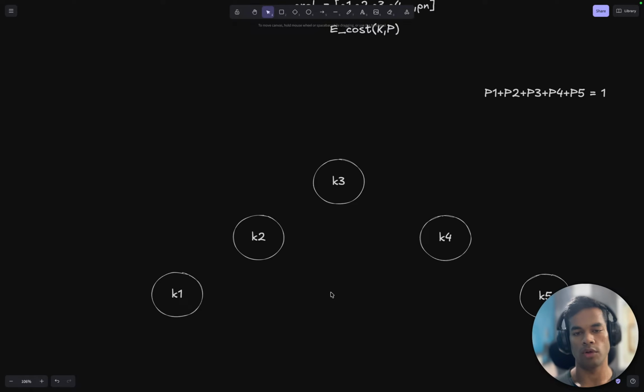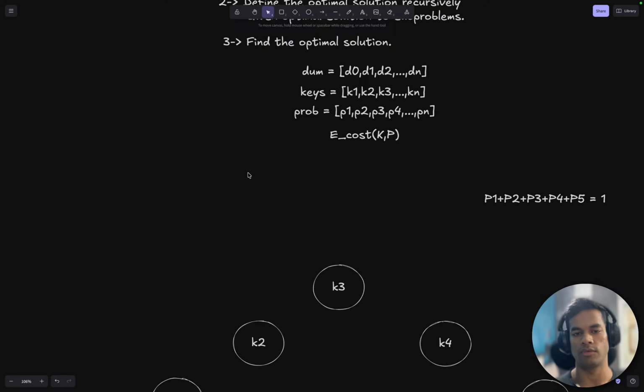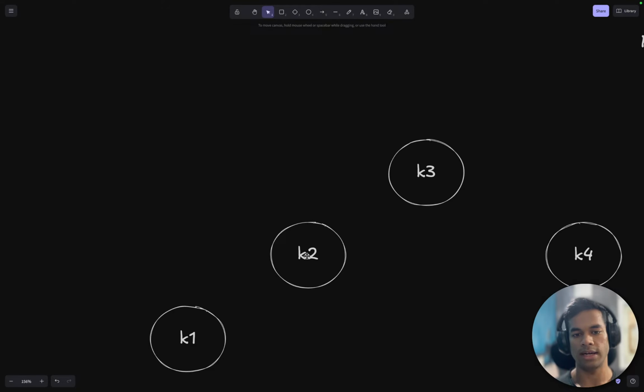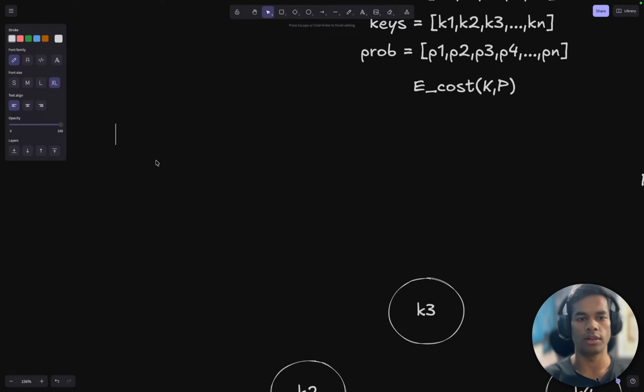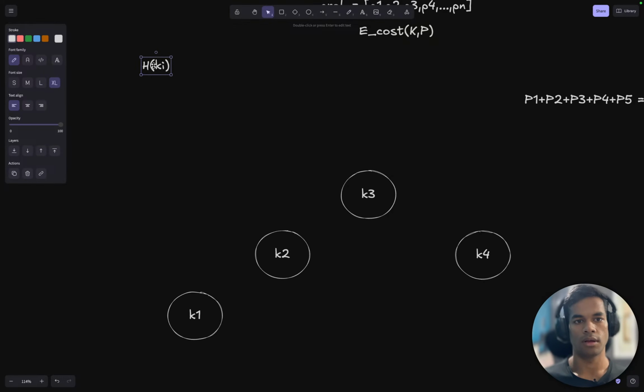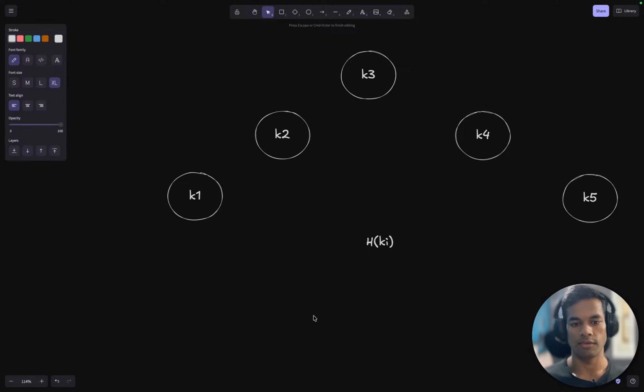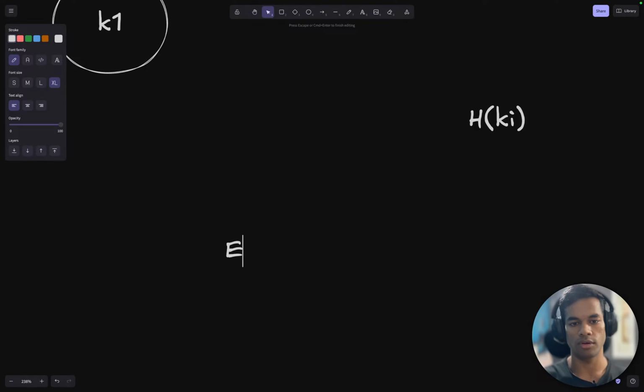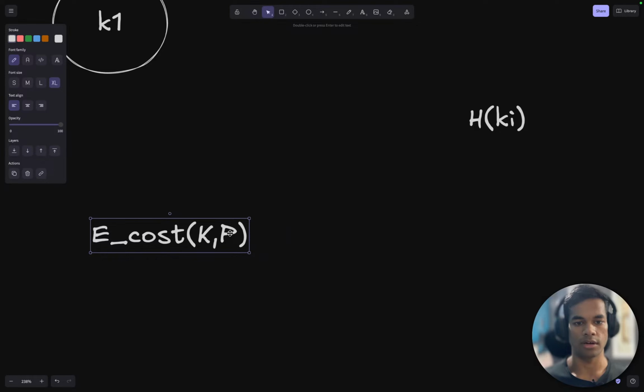So we would also need a function which can take in a key and give us its height. Let's call that function h, and that takes in some key ki, and that function will return the height. And if that is the case, then our expected cost function takes in k and the probabilities, and it will return the expected cost,